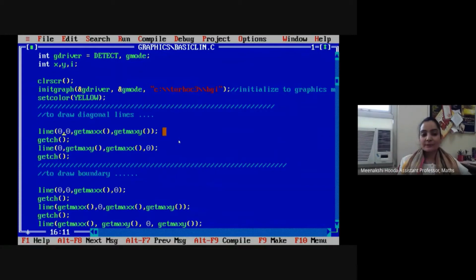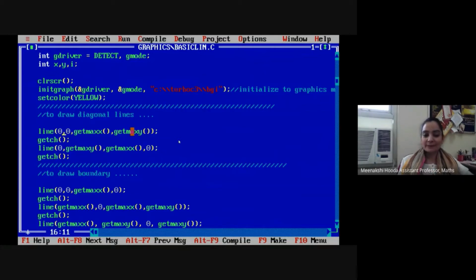First one, as we already discussed in our previous lectures, in graphics, the 0, 0 coordinate, the 0, 0 point is at the top left corner of the screen. So it is not at the bottom left corner, rather it is at the top left corner of the screen. So this is line, we pass four parameters of int type. The first two parameters are for point 1. These are the coordinates for point 1. This is the x coordinate, this is the y coordinate. And next two are for point 2. This is the x coordinate for point 2 and this is the y coordinate for point 2.